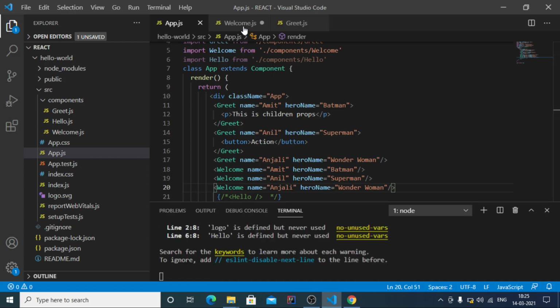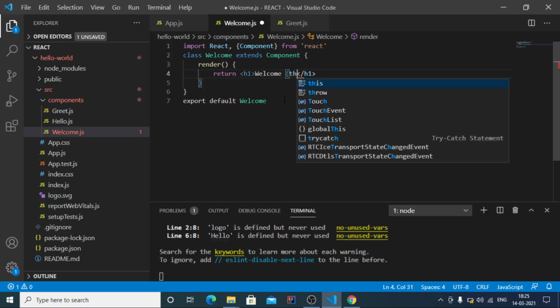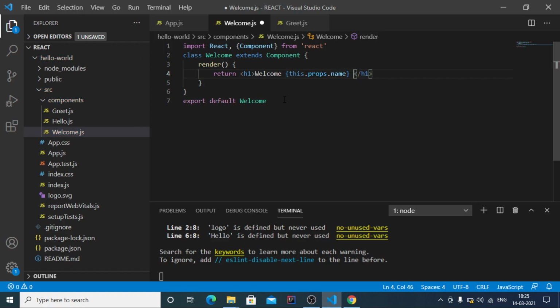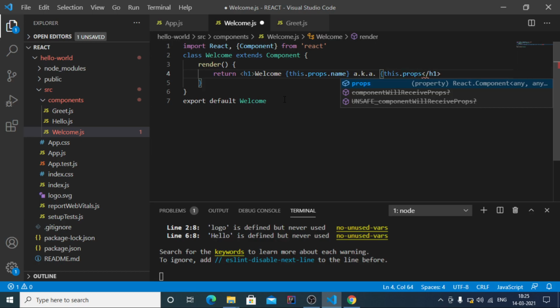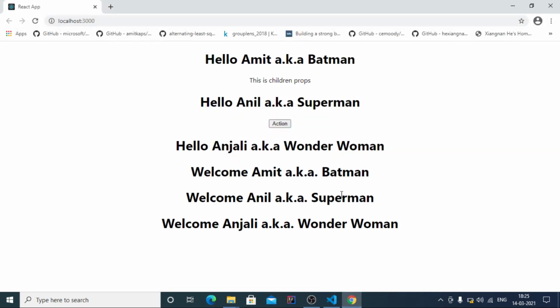So now how to access these attributes in class components? We need to use in curly braces this dot props dot name, and also known as within curly braces this dot props dot hero name. So if we save this file and take a look at the browser, we get the desired output.